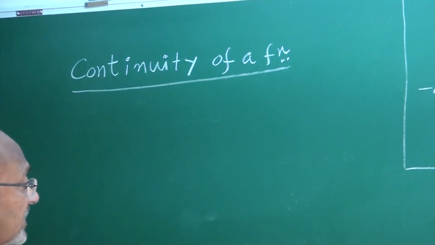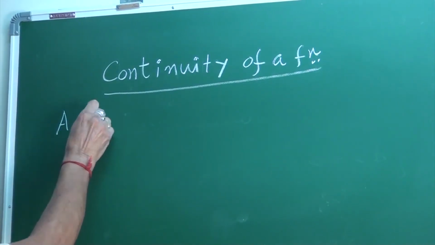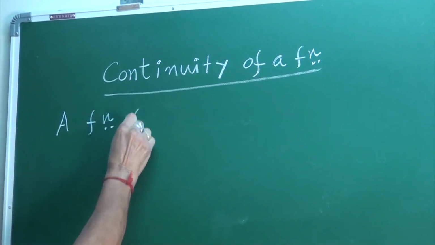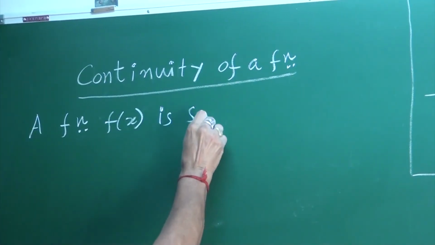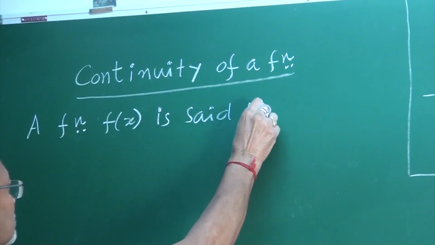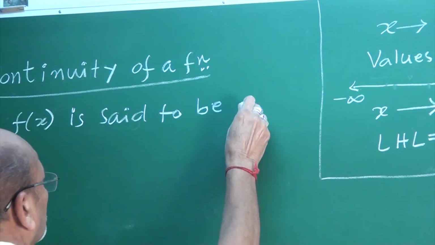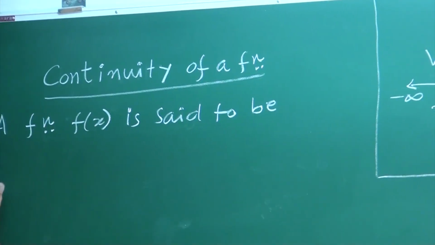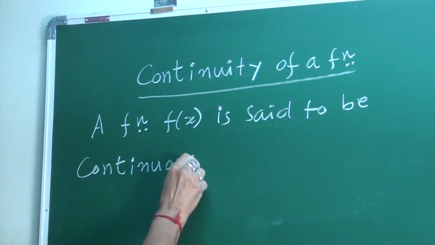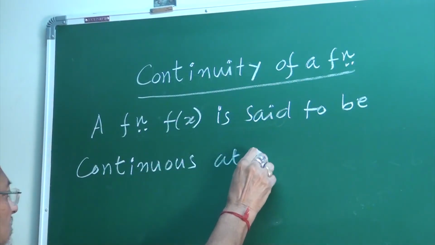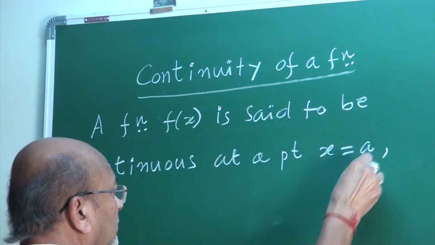A function f(x) is said to be continuous at a point x equal to a if